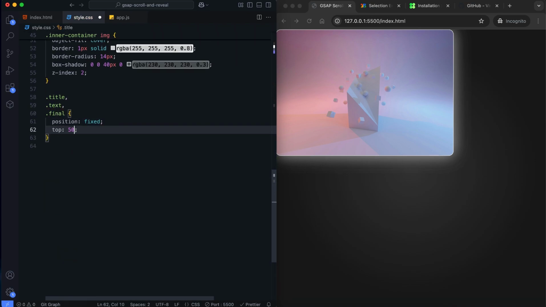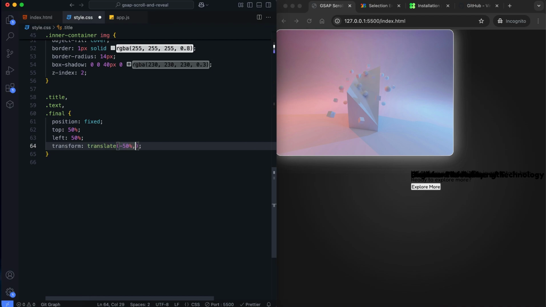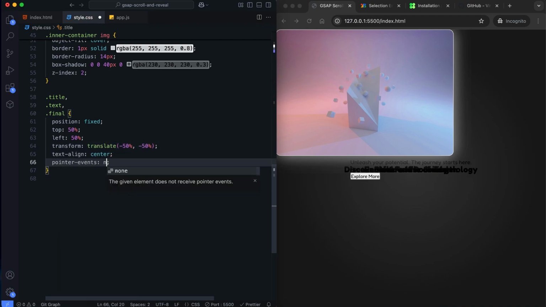The title, text, and final sections have fixed positions and are centered. We use Text Align Center to improve readability.